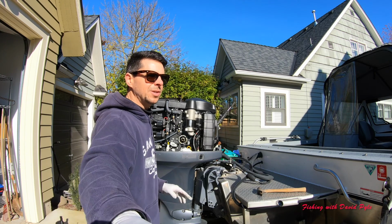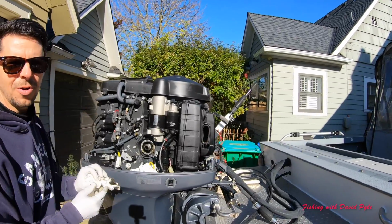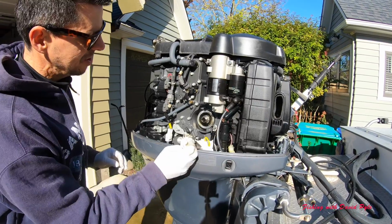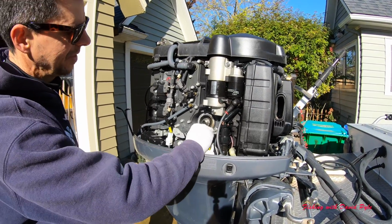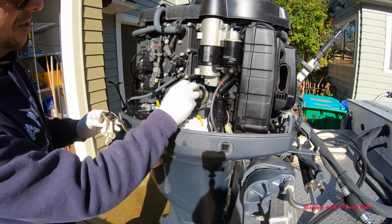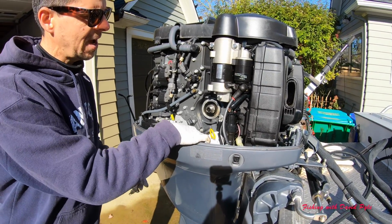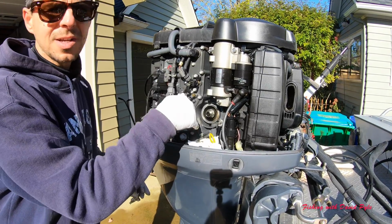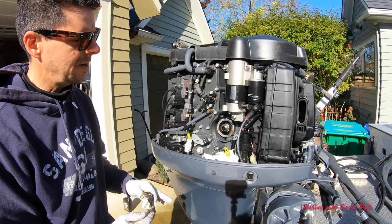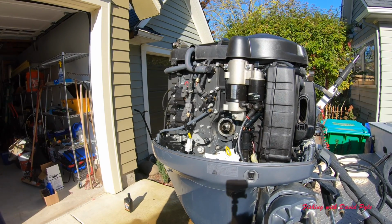And can you grab that camera and bring it forward here? As you'll see, regardless of all that, even with that effort, I still get oil down here which needs to be cleaned up. And again, do the best you can. You don't want to spray any Simple Green in there, because you obviously don't want that in your motor. But the paper towels that are down here captured a lot of it, and some residual can still fall into the engine compartment here. So as soon as I screw this new filter on, which I'll do right now,